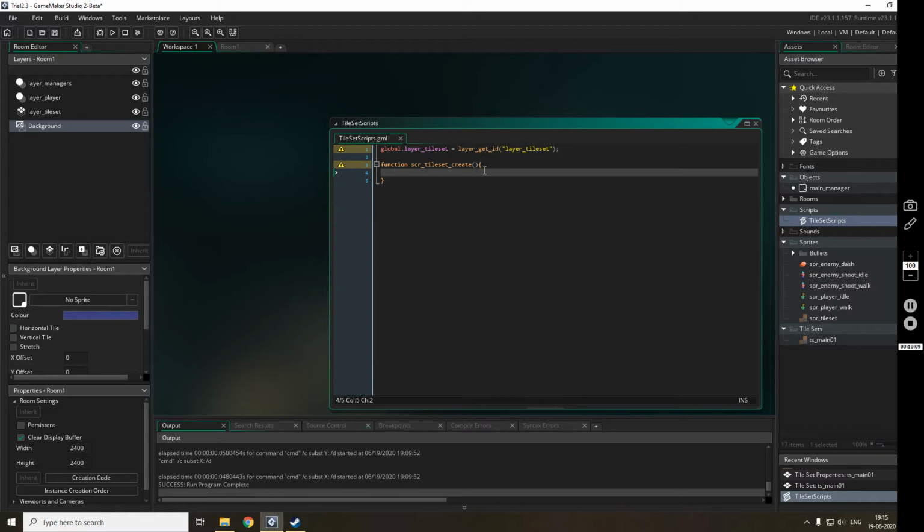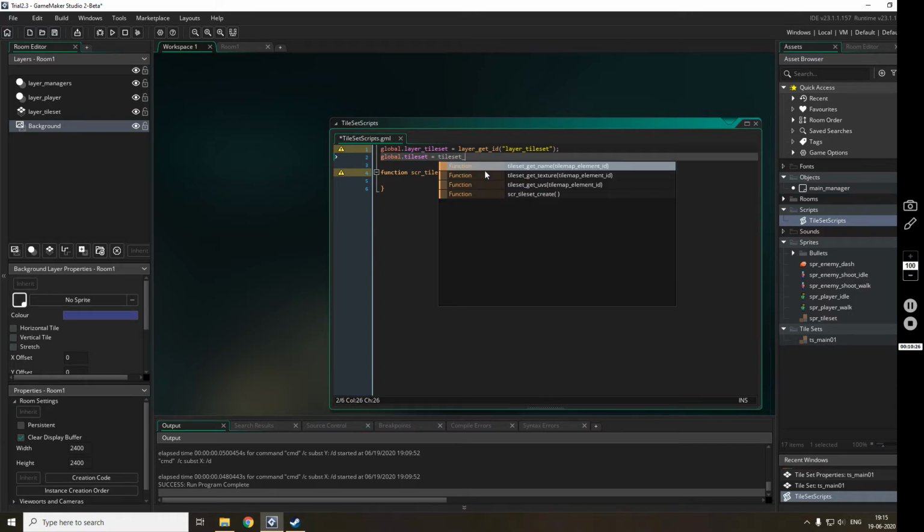So I first got that tile set layer. Now I think I have to get a tile set also. Global is equal to tile set get. Okay, not tile set create.